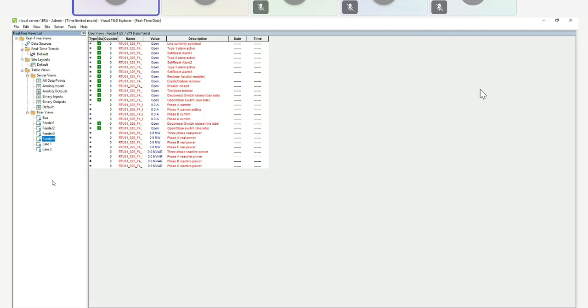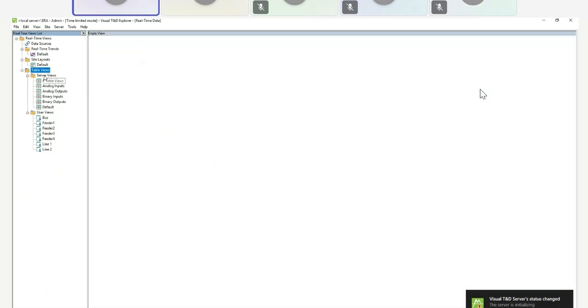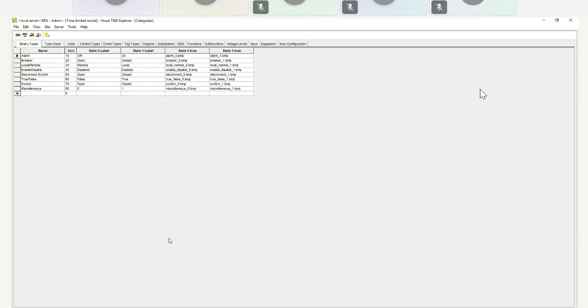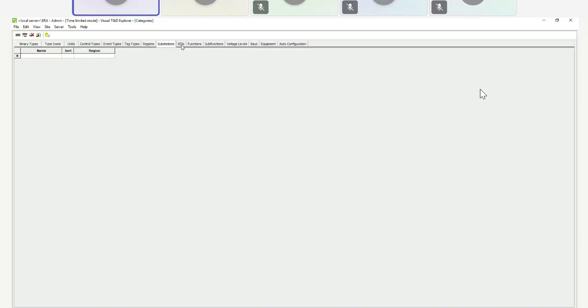So that's the real-time view. Actually, there's still another option here for the table views. If I go back to our site configuration, if you notice here, I think in the categories, there's a tab here for region, substation, IEDs, functions, sub-functions, etc. I think this follows the 61850 grouping of devices.